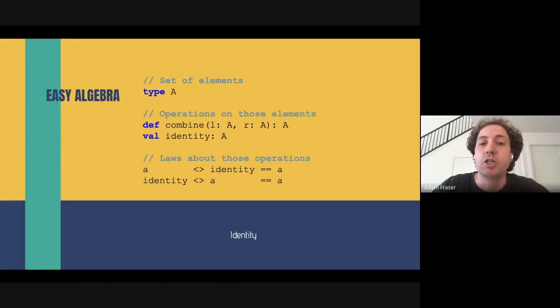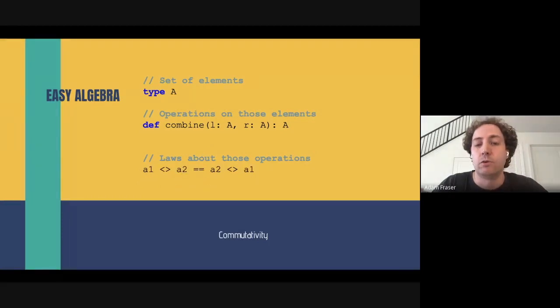For addition, that identity element could be 0. For multiplication, it would be 1. For combining sets, it could be the empty set. And again, there's a pretty simple law here that says that using this operation, combining any value with the identity element gives you back that value. Another simple one would be the commutativity property we talked about, that doing x plus y is the same as